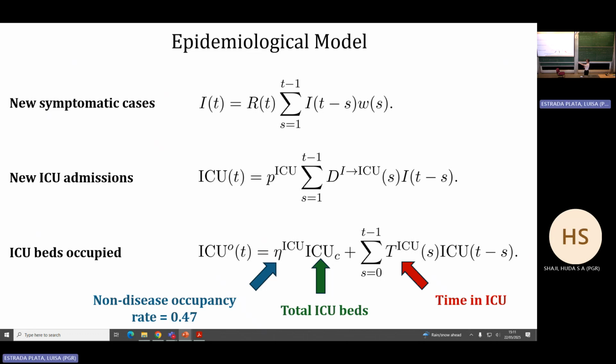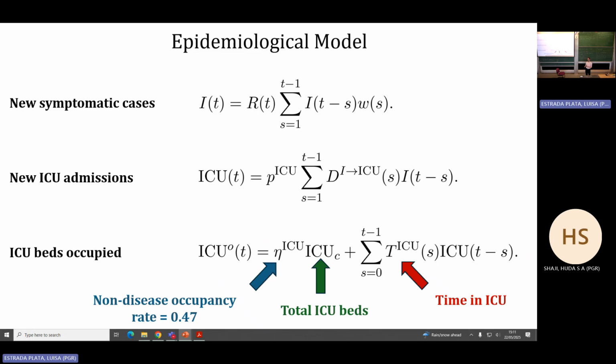So to capture the total ICU beds occupied, we're going to have our disease patients in ICU, but we're also going to have some background non-disease patients. Generally ICU bed occupancy runs at about 80%, but during the lockdown, we had to cancel elective care. So this was drastically reduced to 40–50%. We do this because we're going to implement the constraints as a function of occupancy rates.